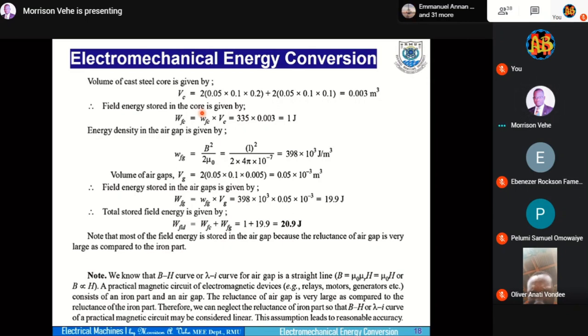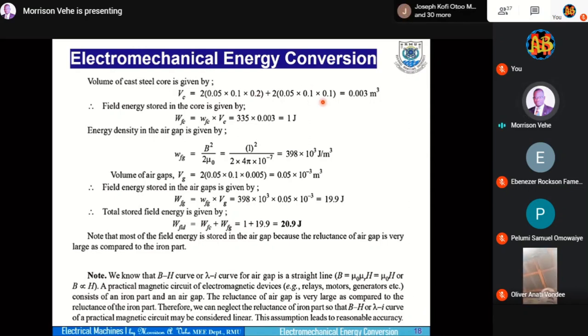You are looking at the length, the height, the breadth, okay? So all we are trying to do is to change this into standard SI units, to make sure that this is 0.05, 0.1, 0.2, right? Because